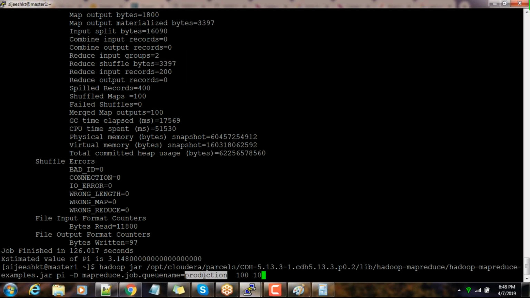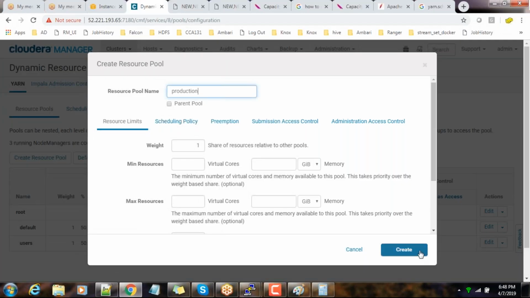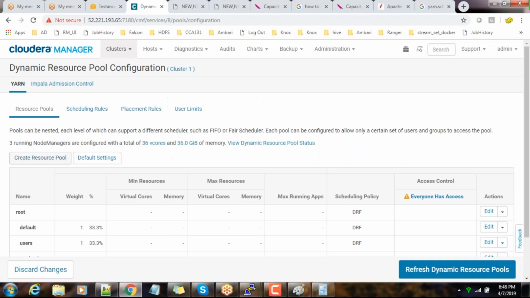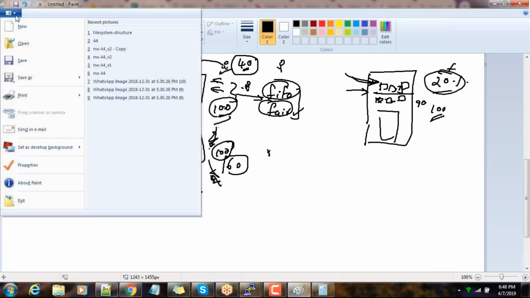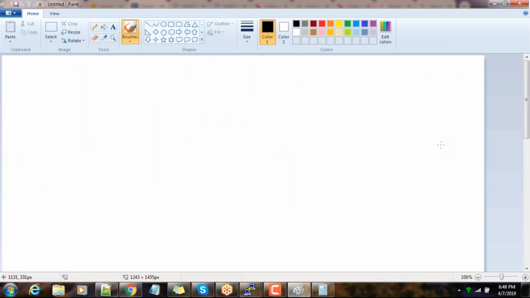Can you show the operational difference between the fair scheduler and the capacity scheduler? See, in the basic fair scheduler, if multiple jobs are running, it will give fair opportunity to other resources. So for example, just let me explain to you. In fair, suppose I submitted the